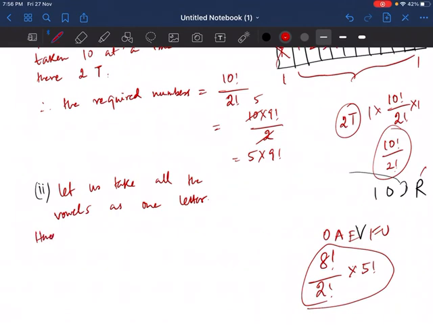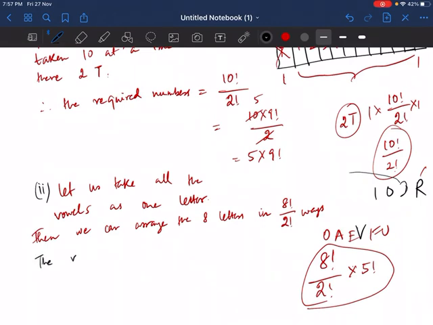Hence, we can arrange the 8 letters. 8 letters means what? I am taking the vowels as one and the remaining 7 letters that we have in there. So hence we can arrange the 8 letters in 8 factorial divided by 2 factorial ways, right? We can arrange the 8 letters, but in here